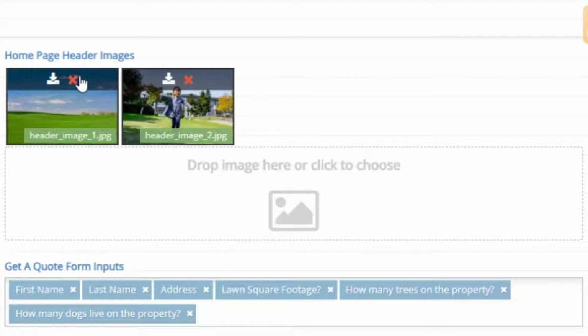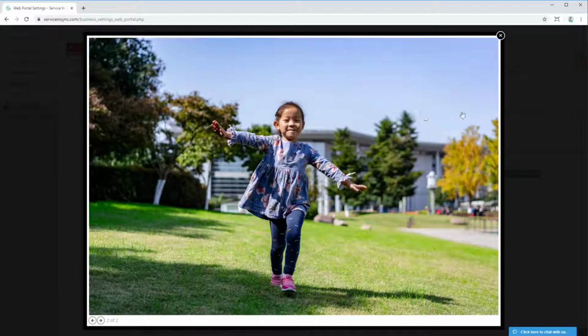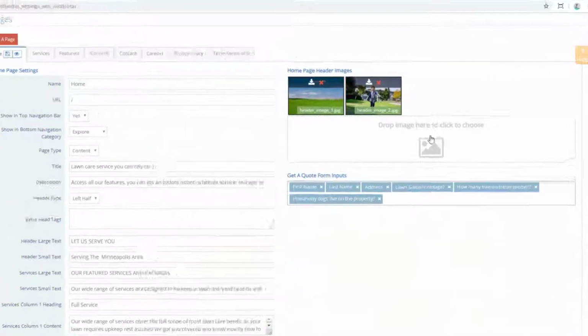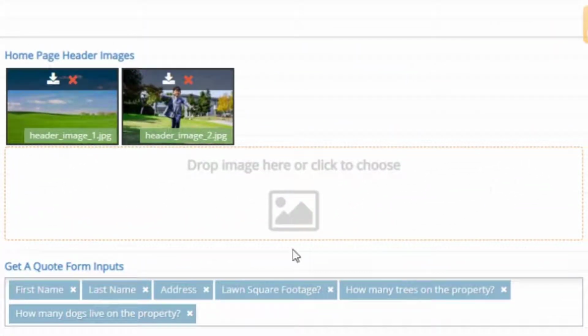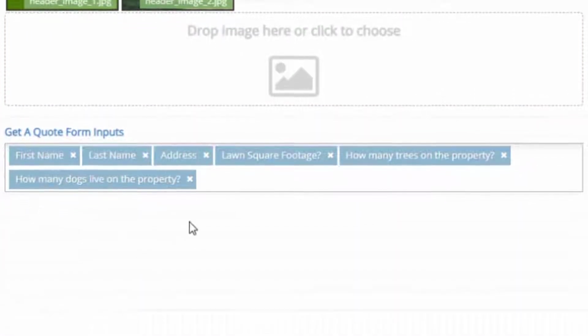You can also download the image by clicking the download icon. You can also see a larger version of the image by clicking on it. This will load a larger version. If you want to add more images, you can do so by clicking the Add Image area or simply dragging a file directly there. Directly under Homepage Header Images is a section that is unique only to the homepage called